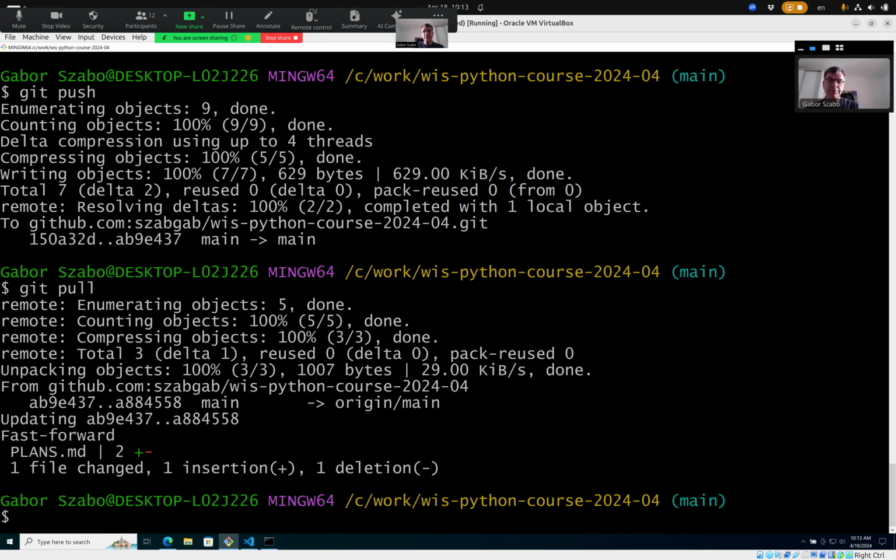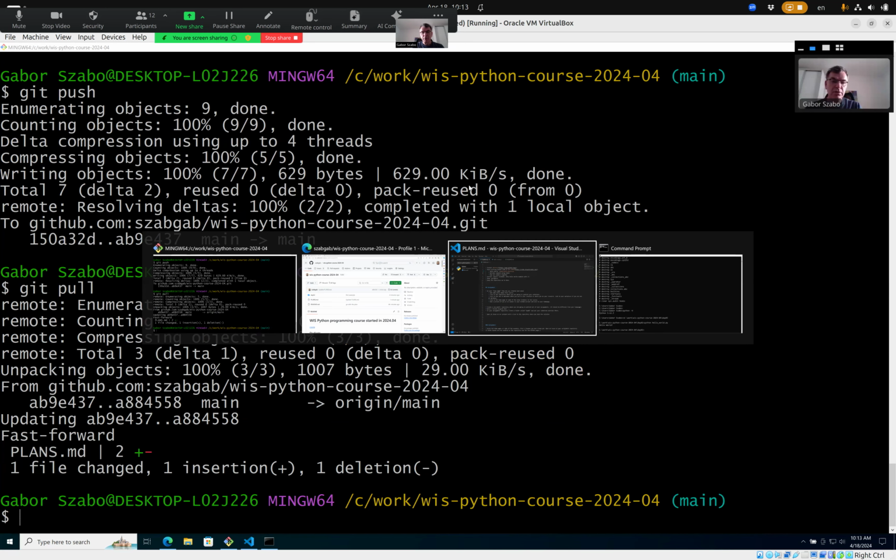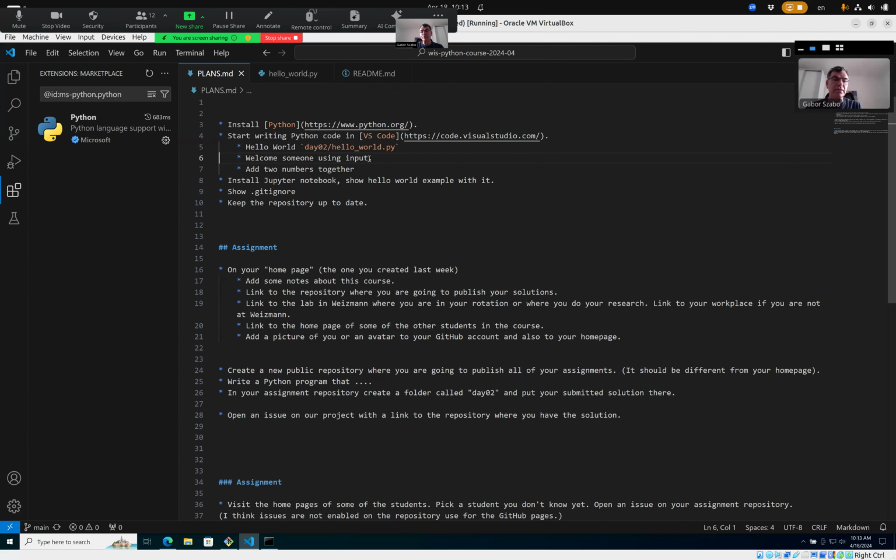So this is what happened. And if I come to the editor now, I think it automatically updated itself. So the editor noticed that the file changed on the disk and updated it. Now, what happens if you are two people working on the same project and you're both making changes? Well, that's a whole separate story. That's when what we call merging comes into play, or sometimes they call it rebasing. But the main idea is these two techniques, basically, on how to